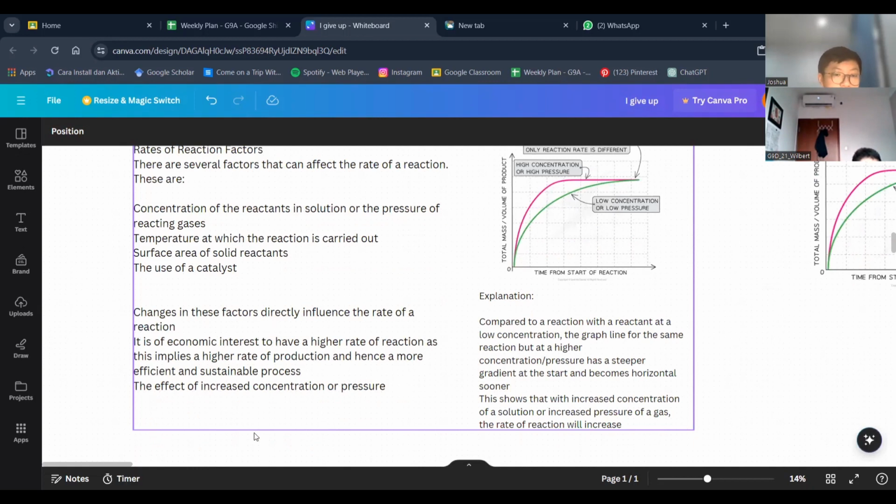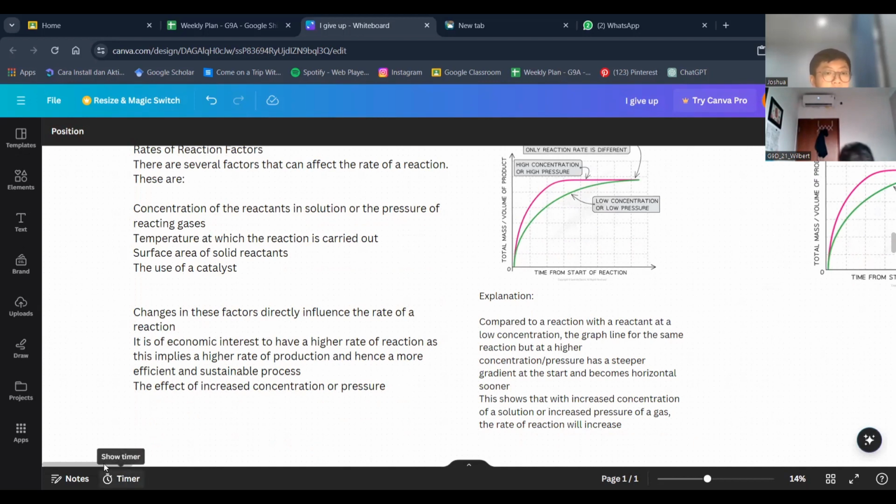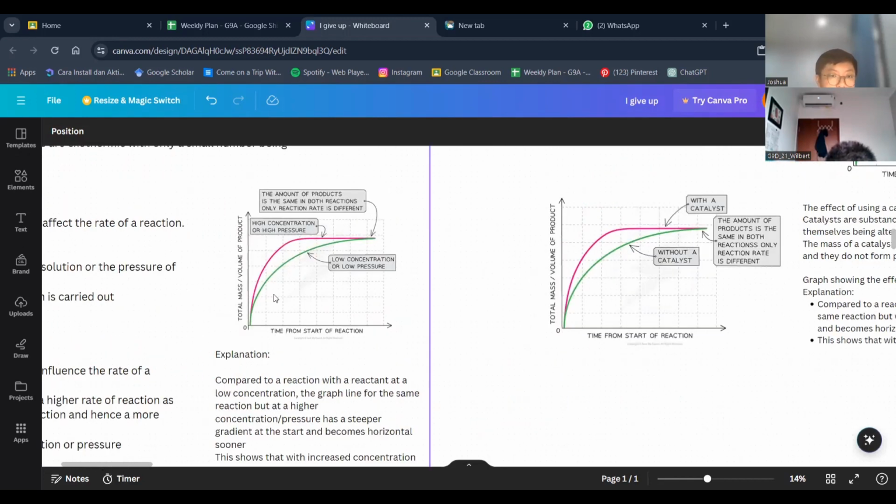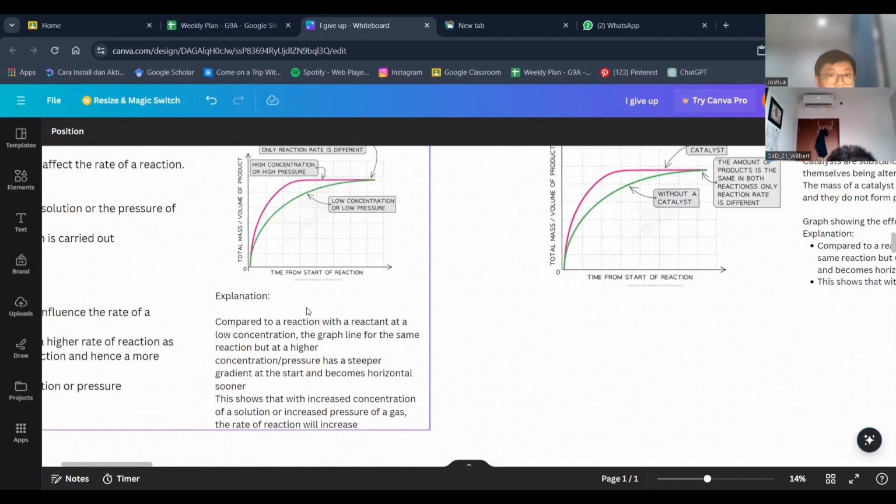So changes in these factors directly influence the rate of a reaction, and it is important economically to have a higher rate of reaction, as this implies a higher rate of production and a more efficient process as well. If the activation energy is too high, it will be over-demanding of resources and will not benefit humankind. So just to explain one of the graphs I showed you earlier, the concentration and pressure, compared